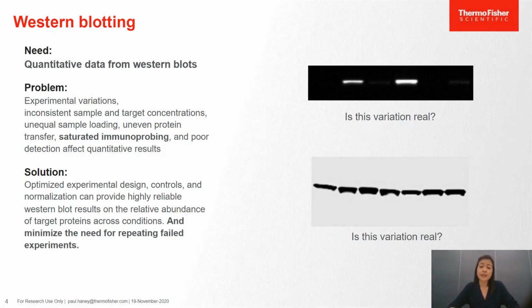The problem with trying to get accurate quantitative data from Western blots is many factors can affect the quantitative results. Experimental variations, inconsistent sample and target concentrations, unequal sample loading, uneven protein transfer, saturated immunoprobing, and poor detection can give you misleading results. So in order to tell if a variation in expression is real, experimental design, controls, and normalization needs to